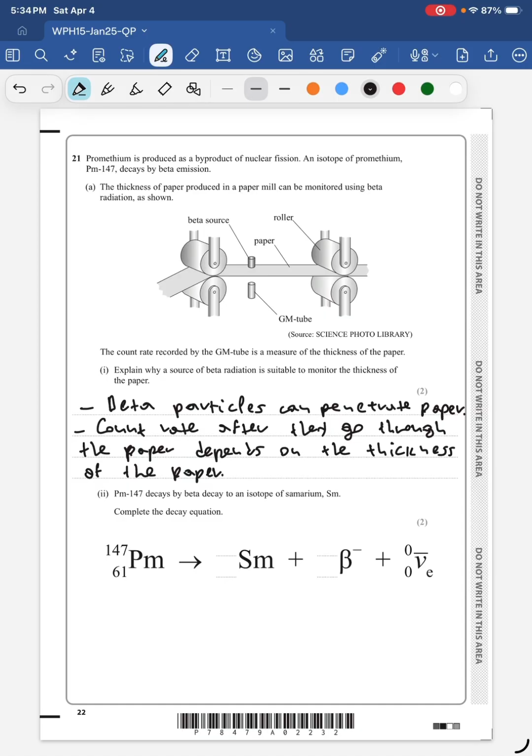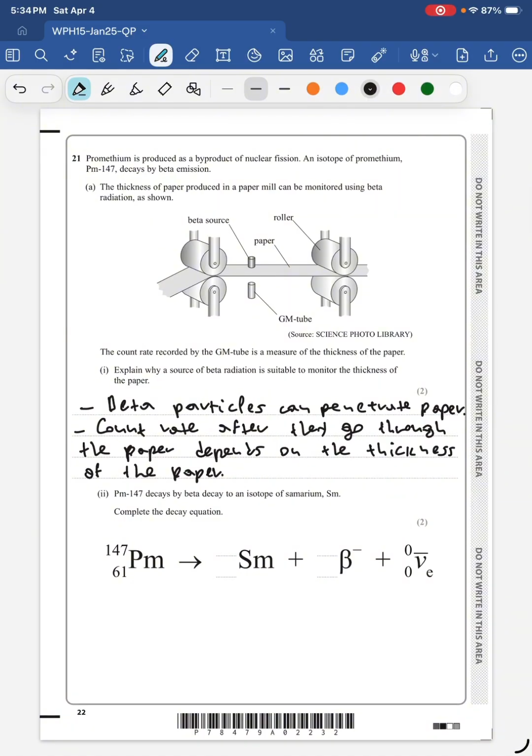And this is the full answer, okay? I hope this makes sense. In areas where the paper is thicker, you will have a reduced count rate compared to areas of the paper that are thinner, okay? Right. B,